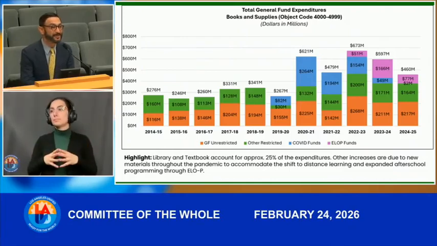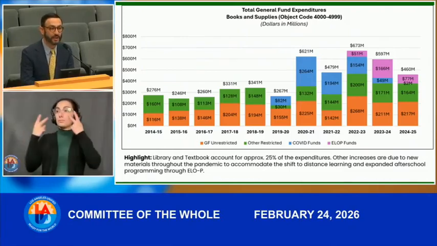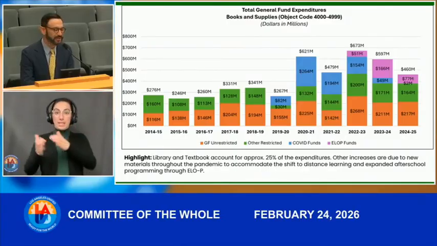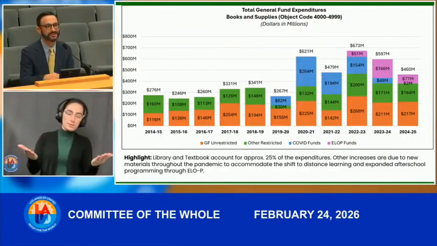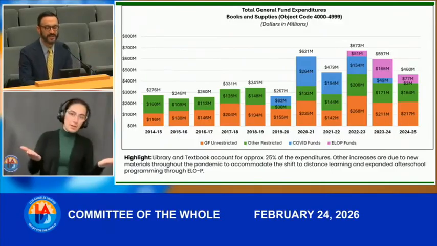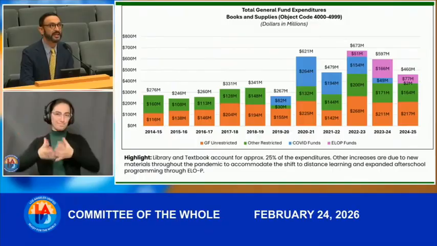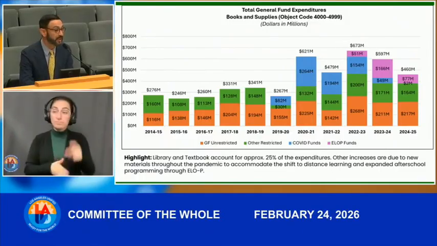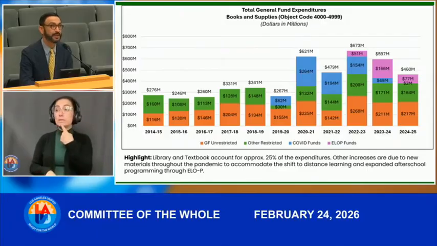Here is looking specifically at the category of books and supplies. But remember, the books and supplies includes more than just books and supplies. It's a pretty broad category, and it's those physical things that school districts purchase. And so you'll see here the orange is the portion of these books and supplies expenditures that are general fund